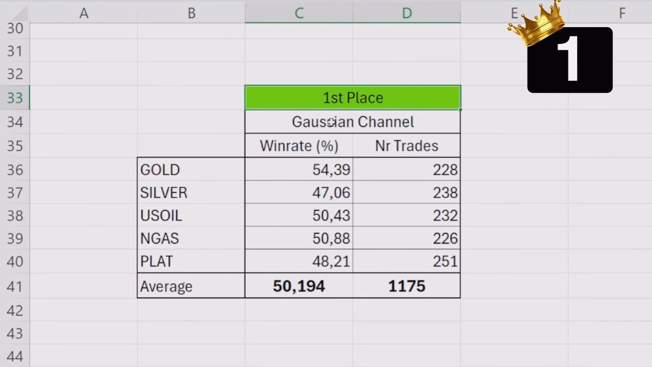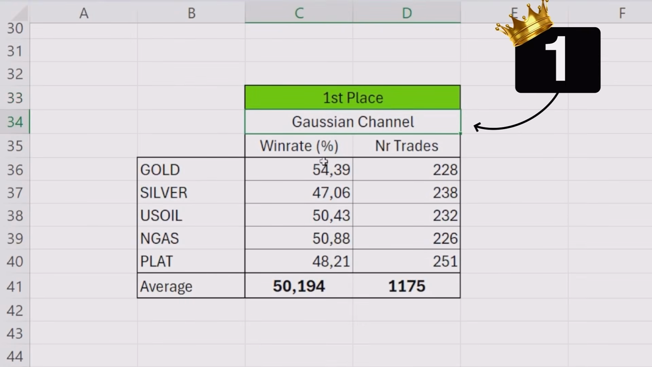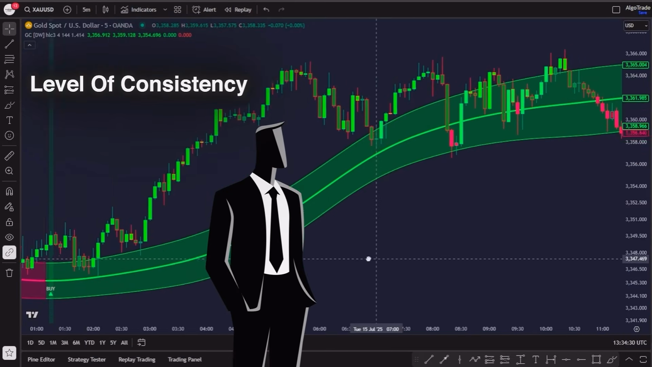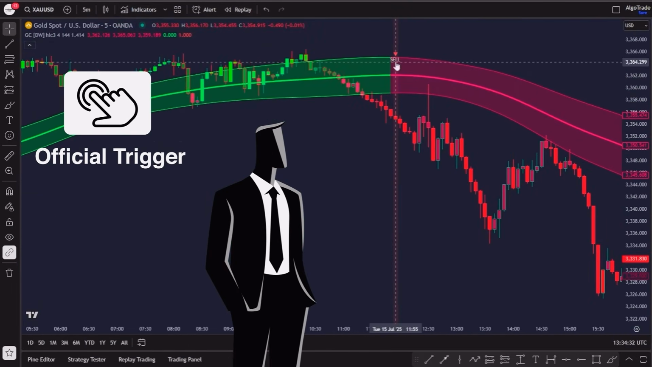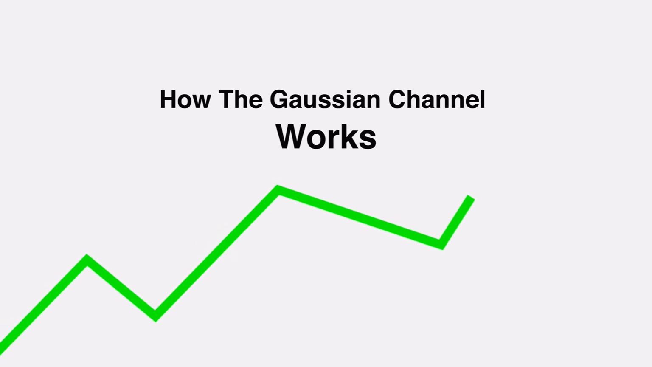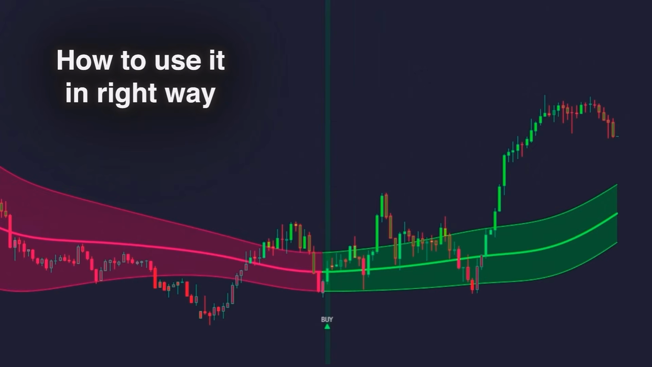And finally, at first place, we have the Gaussian channel, the most consistent of all. Strong logic, great performance on every commodity, and already ranked in our global top 3 indicators list. This level of consistency gives us full confidence to use it as our official trigger for the rest of the series. If you want to learn exactly how the Gaussian channel works and how to use it in the right